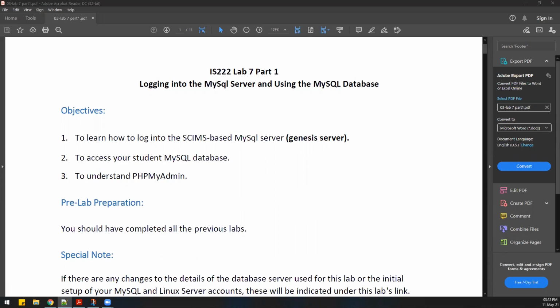Now in the first half of the semester, we have looked at a different database, which was MS Access, which is not the only database management system that is out there. There are many other database management systems. And in this lab, we are going to have a look at a new database called MySQL. MS Access has some limitations, which is why it is not used as much as other DBMS such as MySQL.